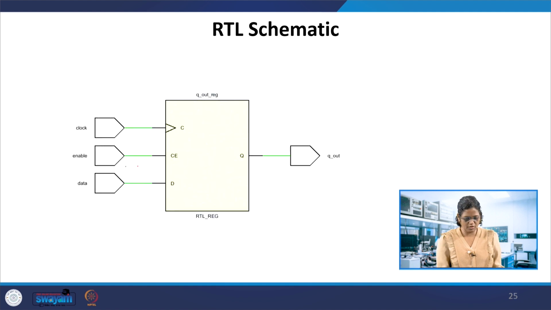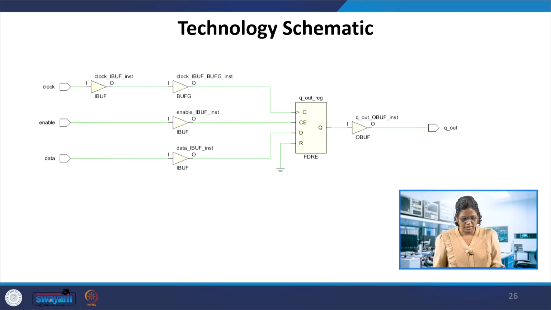In the schematic, you can see this enable is connected to CE, clock and D. Then in the technology schematic, similarly the CE takes this enable. So how much time I can restrict the clock use for assigning the data to Q, that's the thing of C. If in the always block, apart from reset, you have an else if condition, that goes into the toggle. The flip flop toggle is also connected to C, as we have noted in the previous examples.